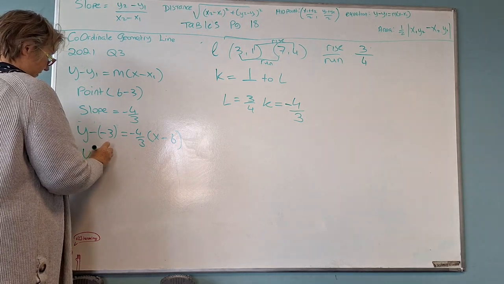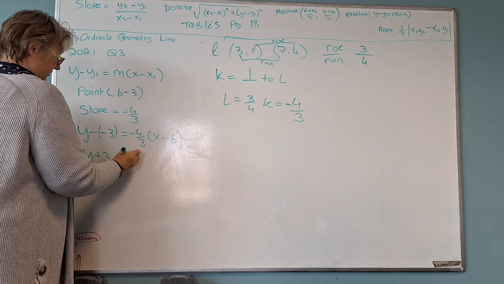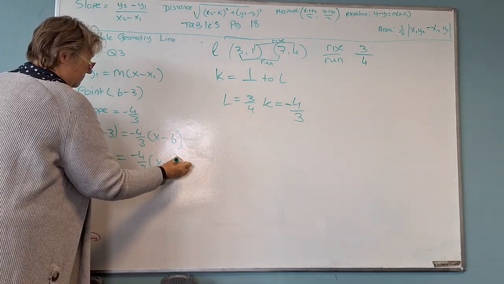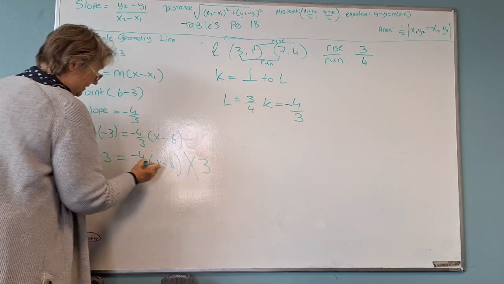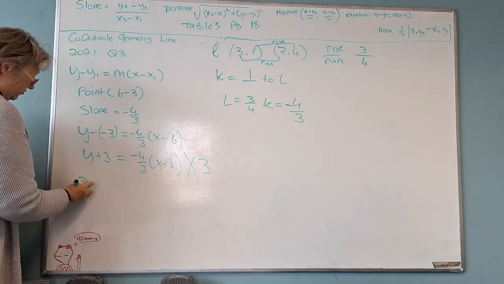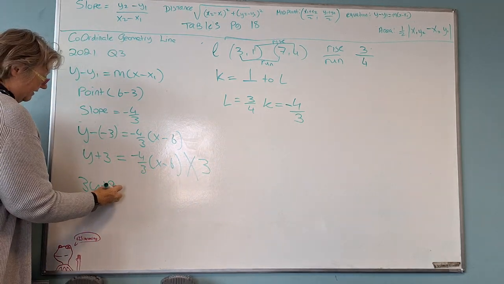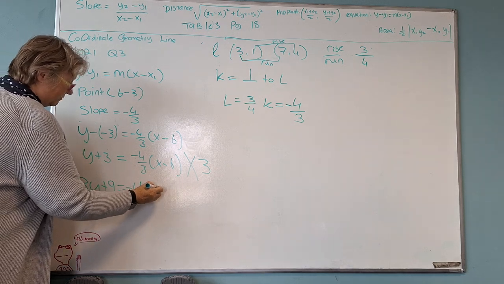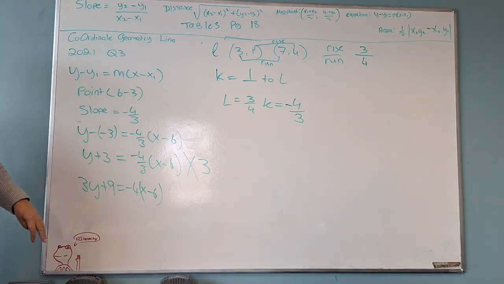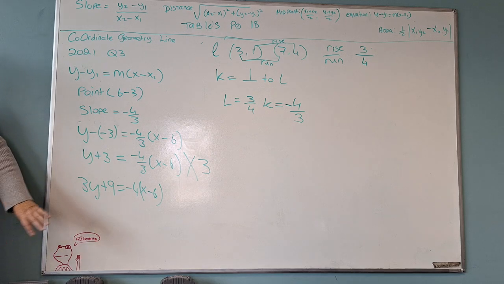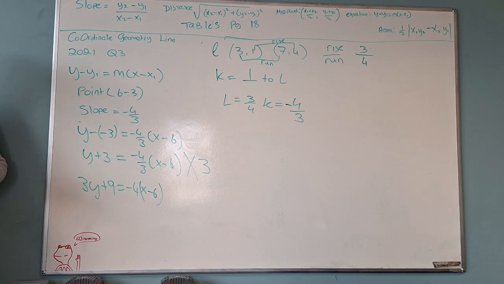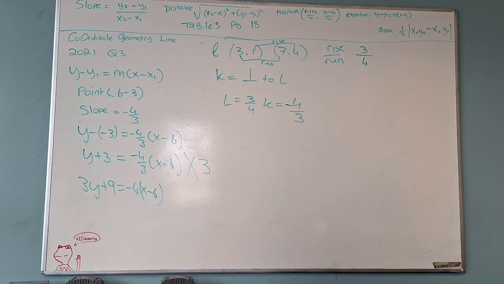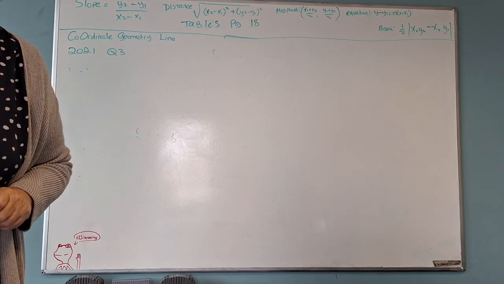Y plus 3 equals minus 4 over 3 (x minus 6). Multiply everything by 3 to get rid of that, so you end up with 3y plus 9 equals minus 4 times (x minus 6). Okay, so that's the only bit of that I'm going to show you. The rest of it is the same as what we've just done in the previous question, so I'm not going to go over it again. The last part, part 3,